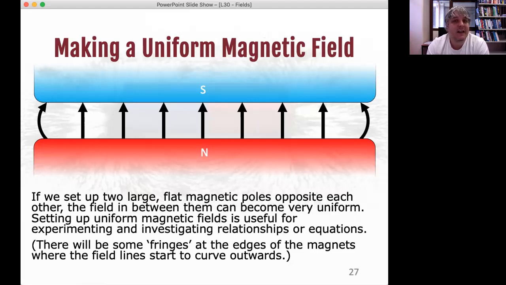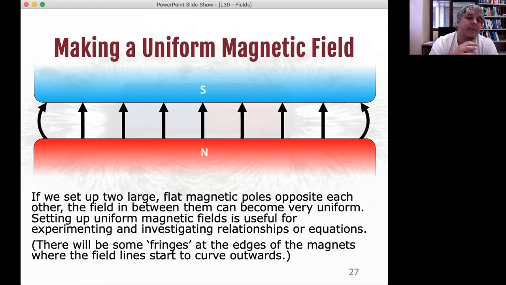As we said, you can't just have a south pole. So these are actually both parts of big full magnets, but we're just looking close up at the end of them. It could in fact be one big curved magnet that goes around in a circle with a little gap in it. But regardless, you've got a north pole and a south pole, and you hold them really close. They'll be attracted to each other, but you hold them really, really close together, but strongly so they can't move